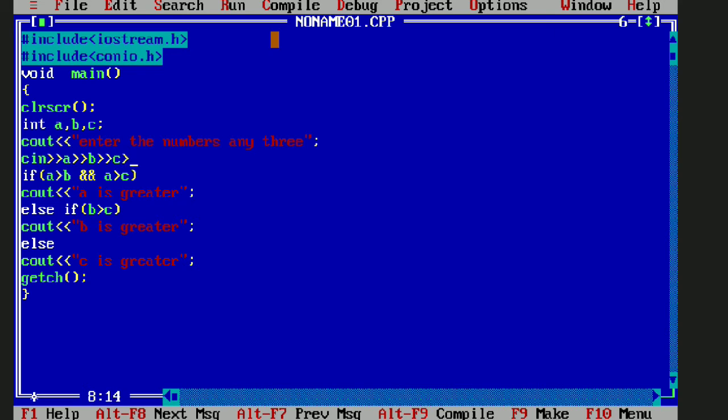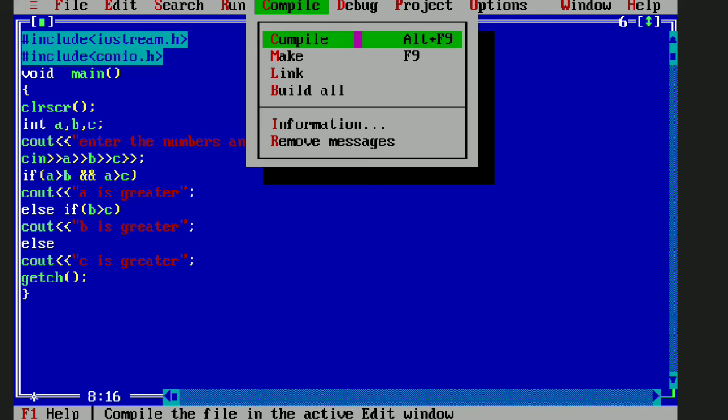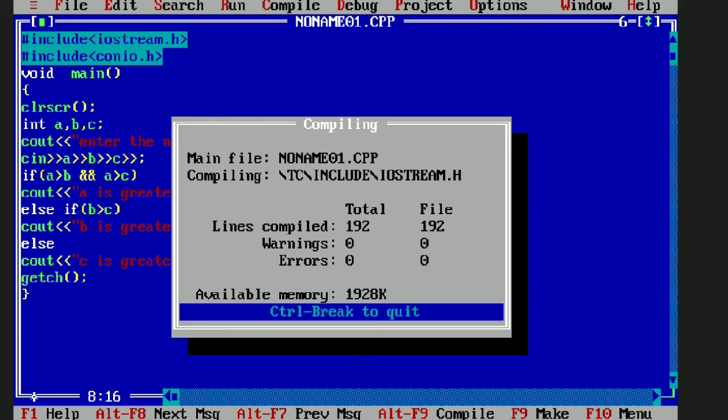You can write a, b, c differently by cin a semicolon and endl, then cin b, then endl, then cin c, like this. So let us compile this program.